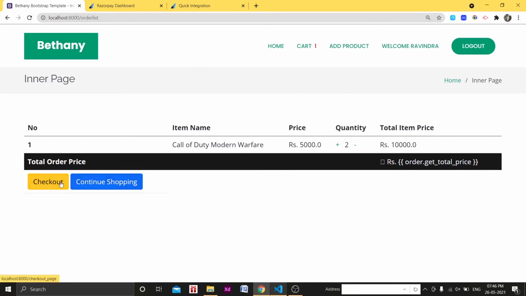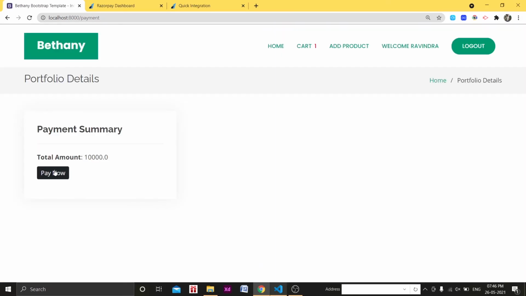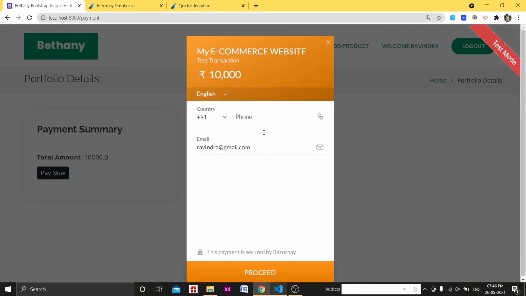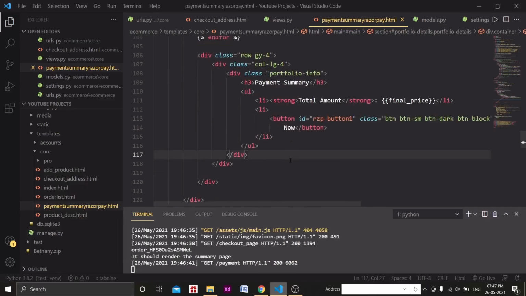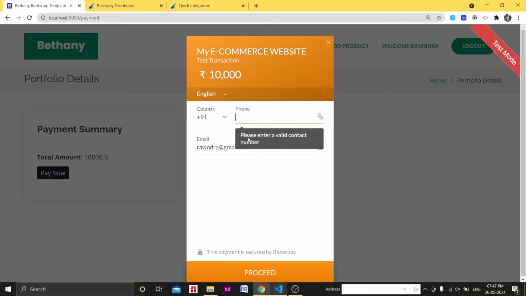Okay, so let's go to the checkout process, go for payment, and when we click on pay now, it should work. Hey, it worked actually. It works. I will write my phone number. I think the phone number didn't come there. Why? Okay, we will handle this thing, that doesn't matter for now. The phone number is not coming here, but we can name it as anything, and actually it sends some messages.